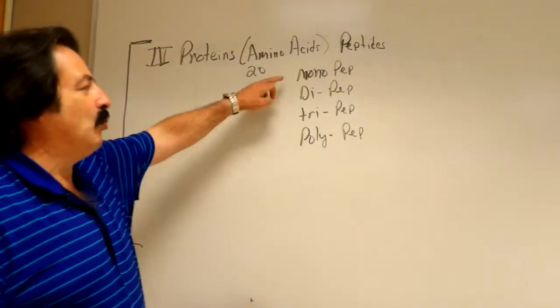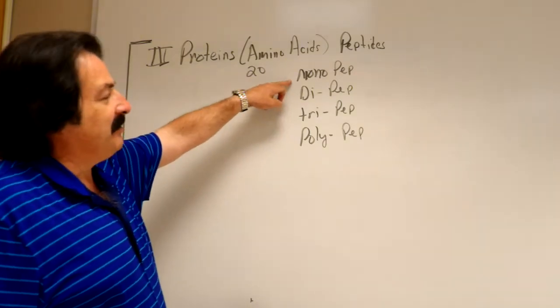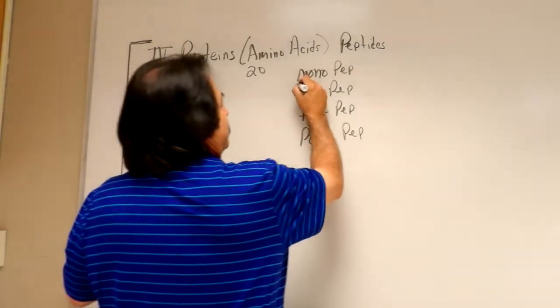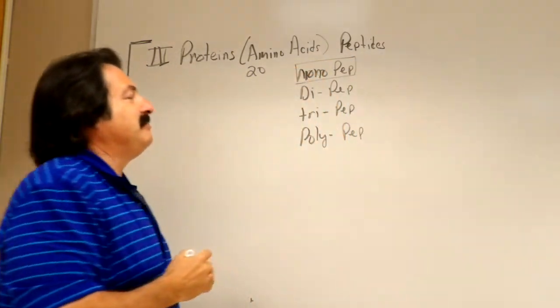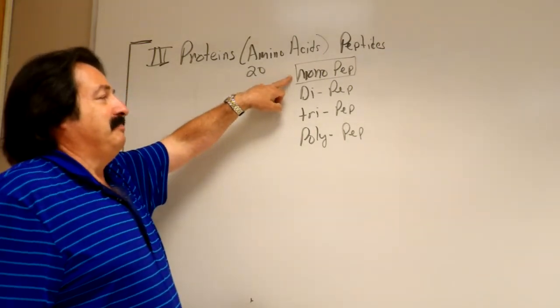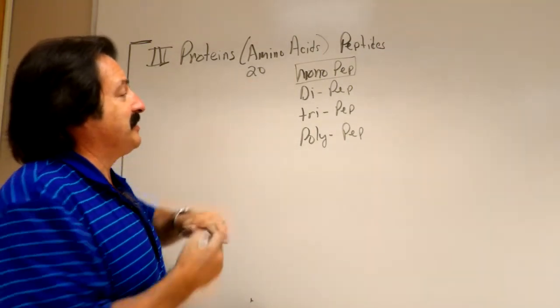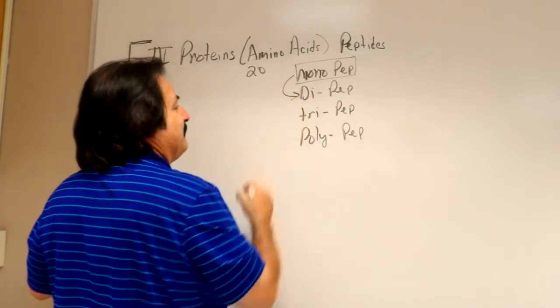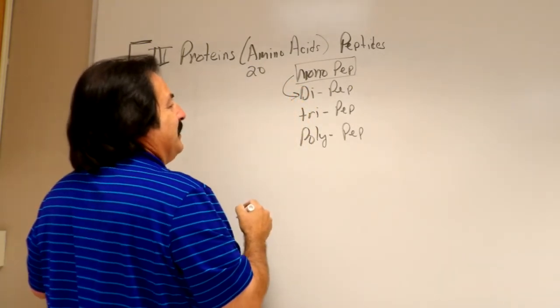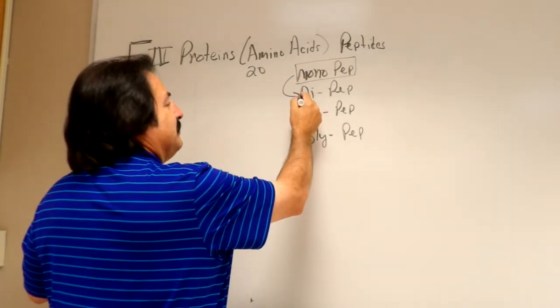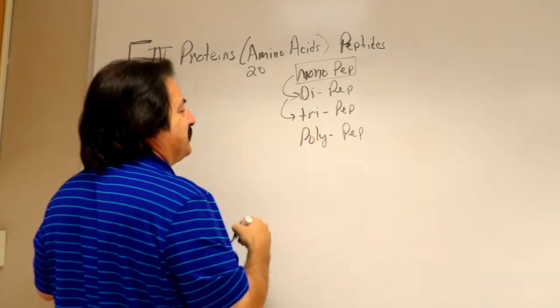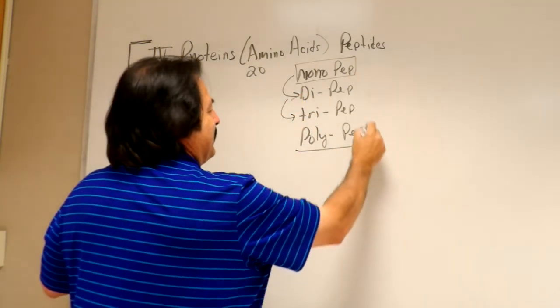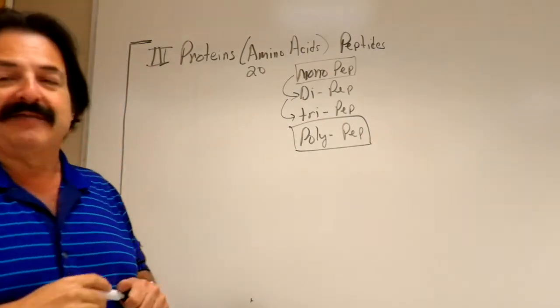Mono meaning one single peptide, which we're going to draw here in just a second. Once you can make a monopeptide, you can put two monos and make a di. You can add one more mono to a di and you can make a tri. And polypeptides are when you have many